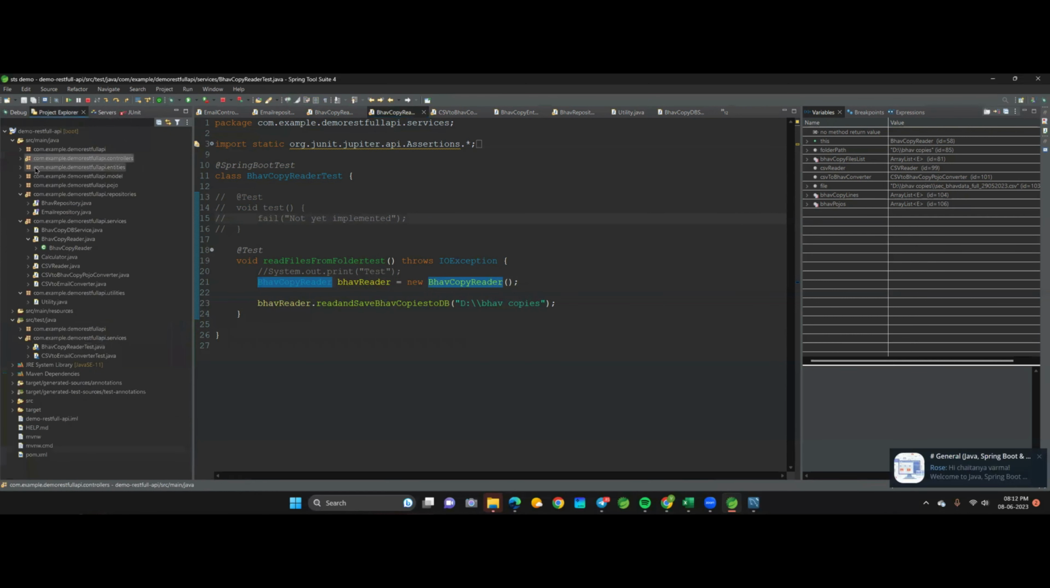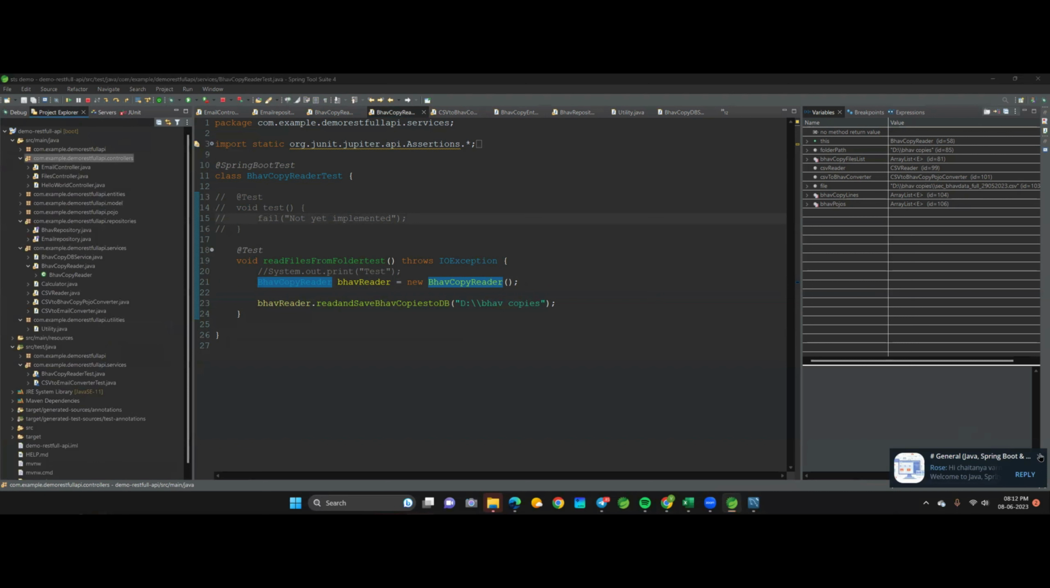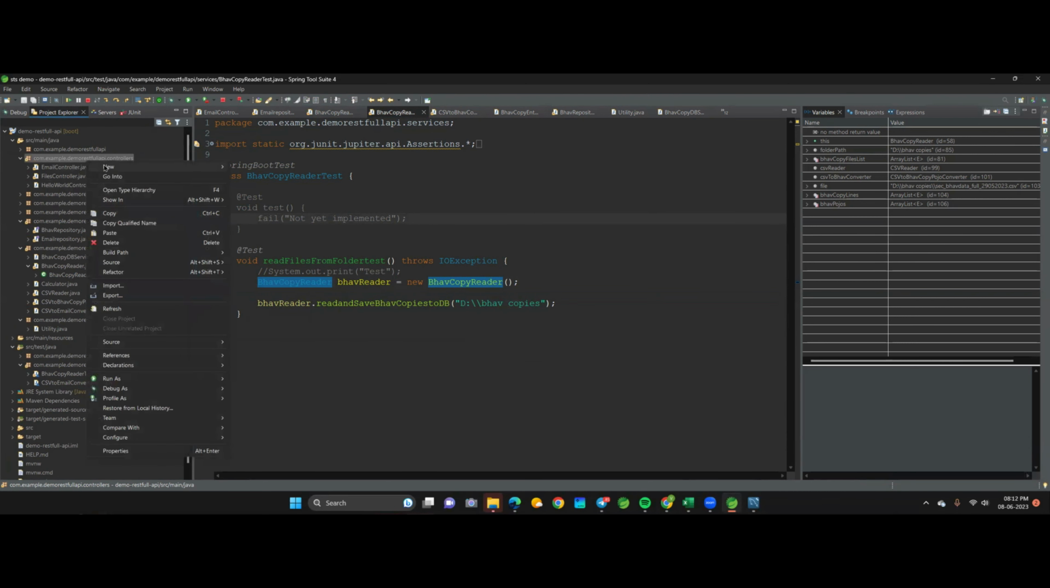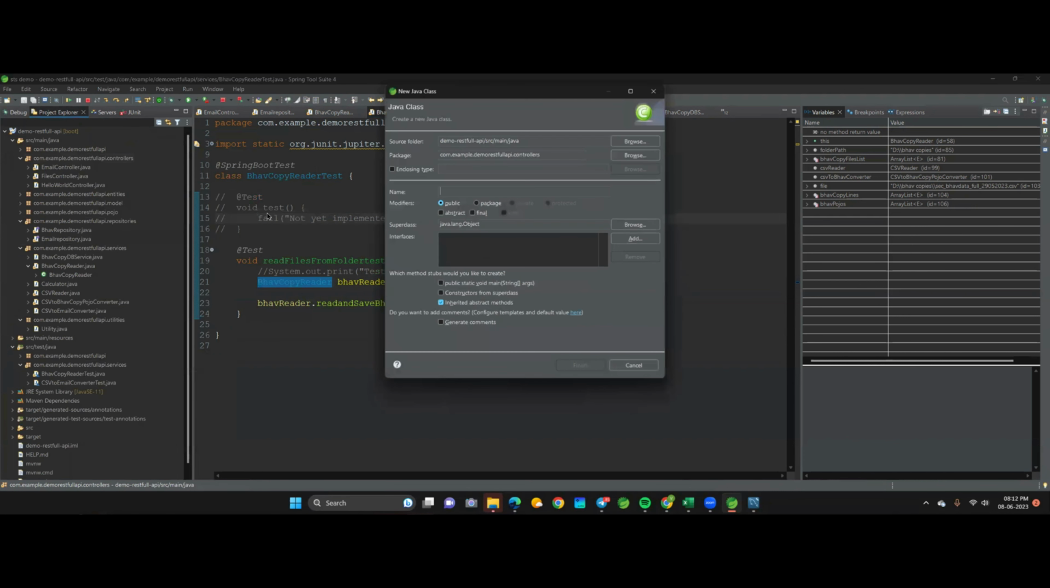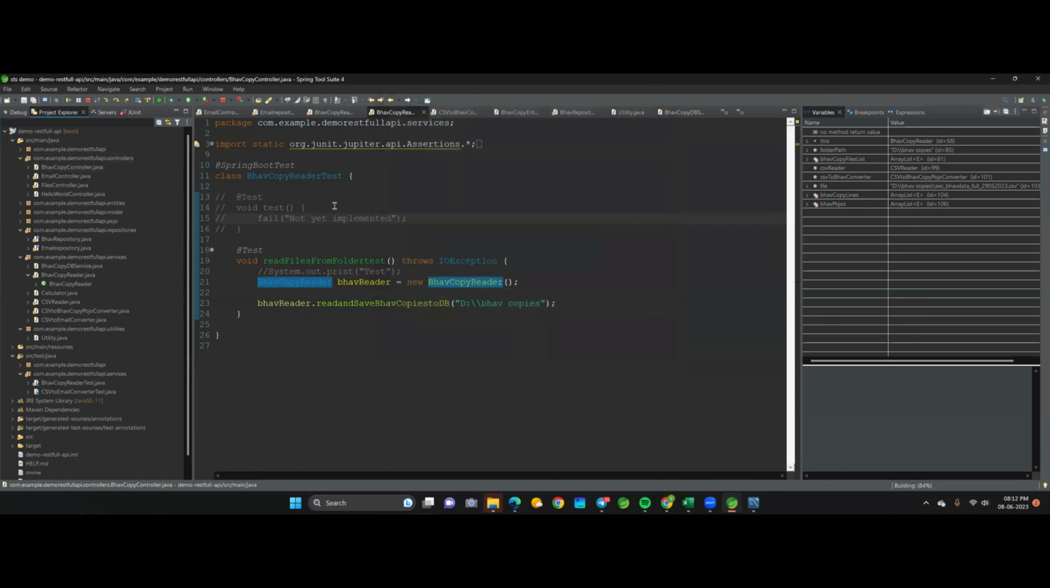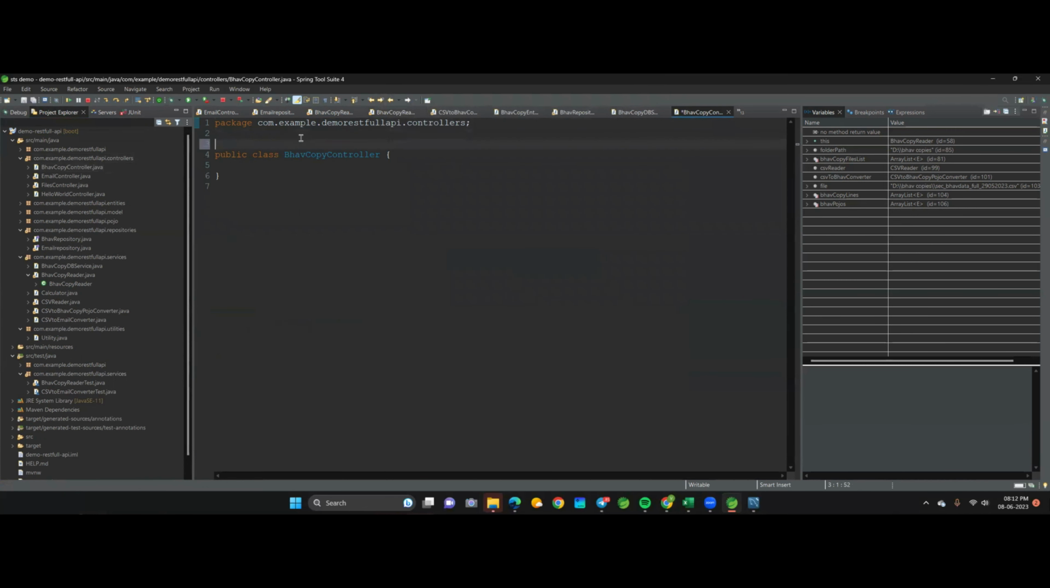Let's go to controllers. Okay, and add a new class. So దీంట్లో నేను Bhav copy converter. Okay, converter. So Bhav copy controller అంటాను. Bhav copy controller. Wait, finish. Okay, so you know what you need to annotate. Next controller చేయాలి. Controller. Okay, so next what I will do is